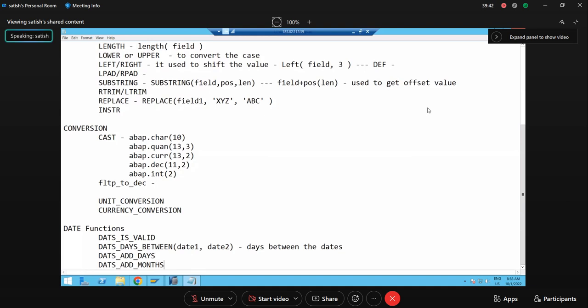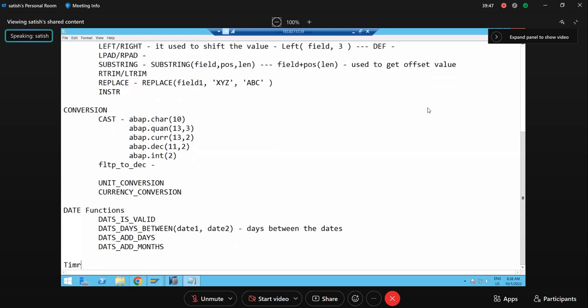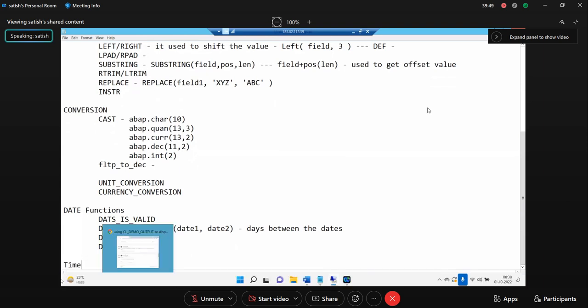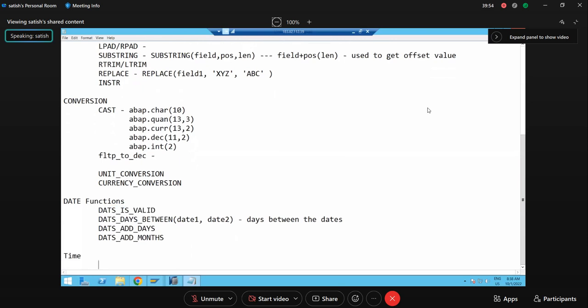Okay, fine. Similarly, for time, you have only one function, guys. Generally, we will not do any calculations on the time. So for time, it is just to check whether the time format is valid or not. Just we have TMS under